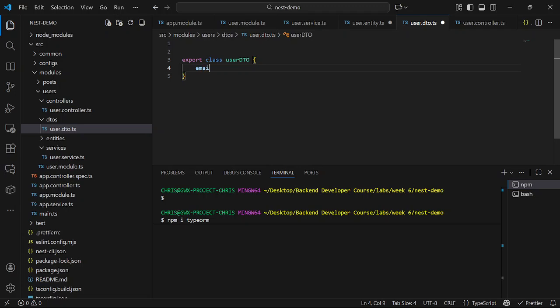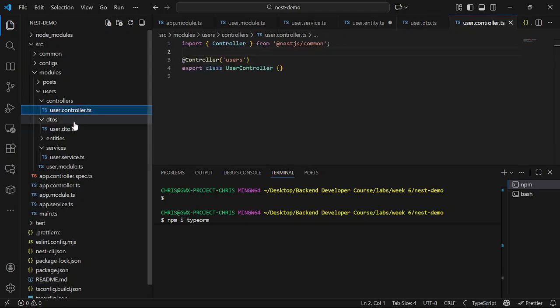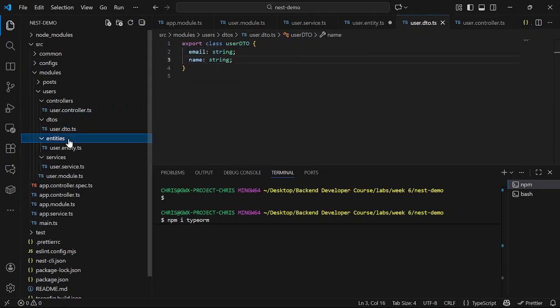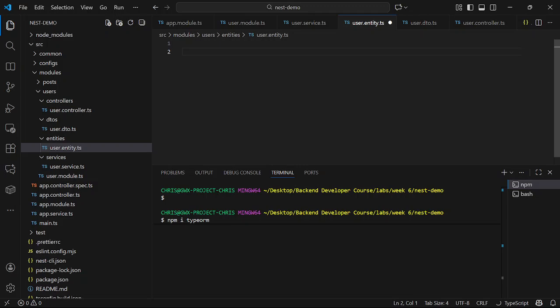Let me use email first, then name, right? Okay, our constructor is here, DTO is here, entity here. We're going to do the mapping now.